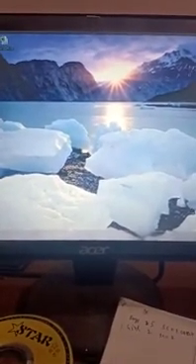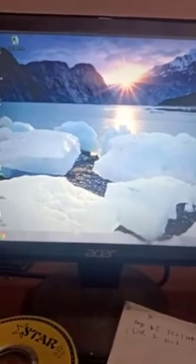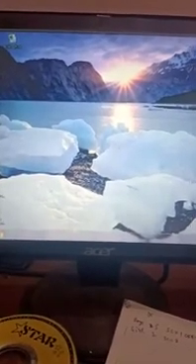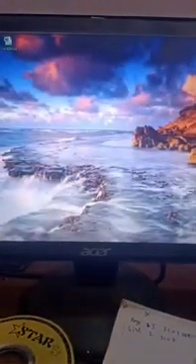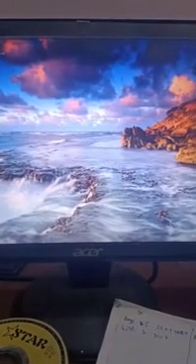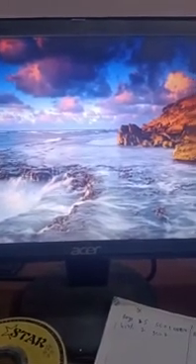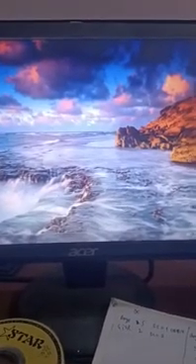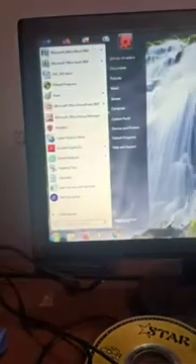If you want all the pictures to change one after the other over some time, then you have to select this type of option. But if you want only one picture to stay shown on your desktop, then click on Start, Control Panel, Appearance and Personalization, Change the desktop background, and don't select all.